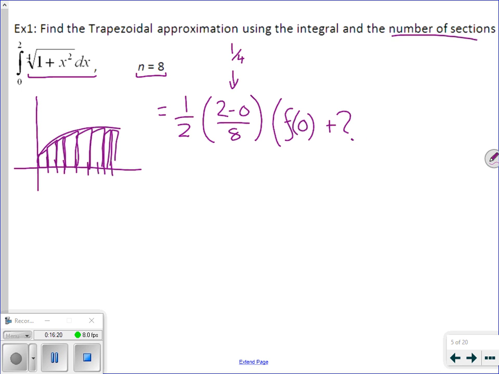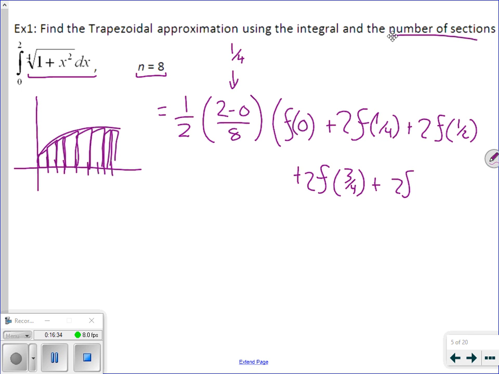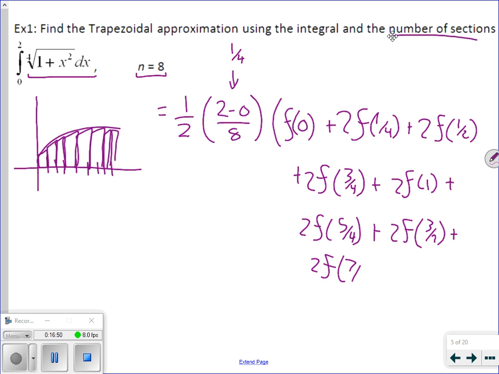So it's going to be 2 times f of 1/4 plus 2 times f of 1/2 plus 2 times f of 3/4 plus 2 times f of 1 plus 2 times f of 5/4, plus 2 times f of 3/2, and then 2 times f of 7/4, and lastly we end with 1